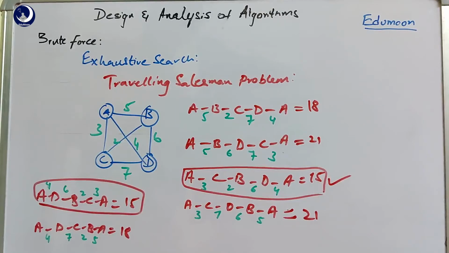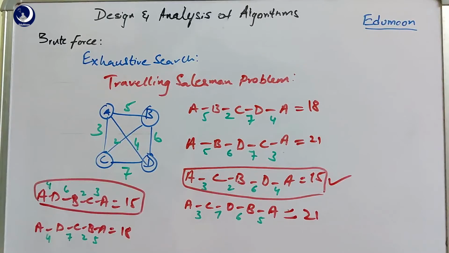Here, since there are only 4 cities or 4 nodes, we got the total combinations equal to 6, that is equal to n minus 1 factorial. That is, if there are n cities, we get n minus 1 factorial combinations, because the first city is common. We start from A and we end at A, so we write the different combinations for the remaining 3 cities: BCD, BDC, CBD, CDB, DBC and DCB. These are the combinations for the middle 3 cities. So that's why we got 6 combinations.